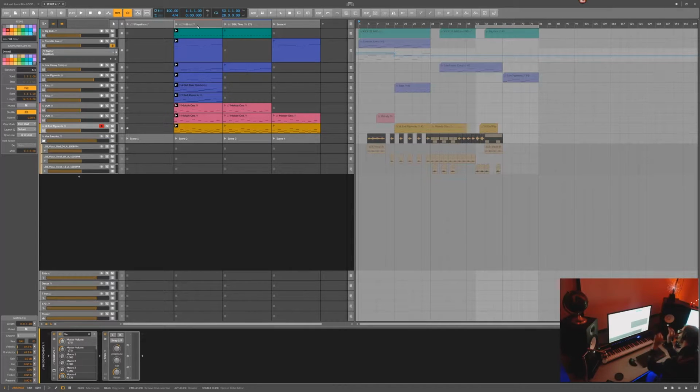Now, when you do quantize, you do not want to touch the velocity. You do want to quantize the note onto the grid, therefore you can mathematically make it work and then blur it a little bit with maybe some reverb or some delay. But what you want to do is have everything locked to a 16th note at least. But the velocity, you want that completely natural, how it was played in. Again, if you're drawing in your notes, you're not going to get that natural velocity. So if you play them in,